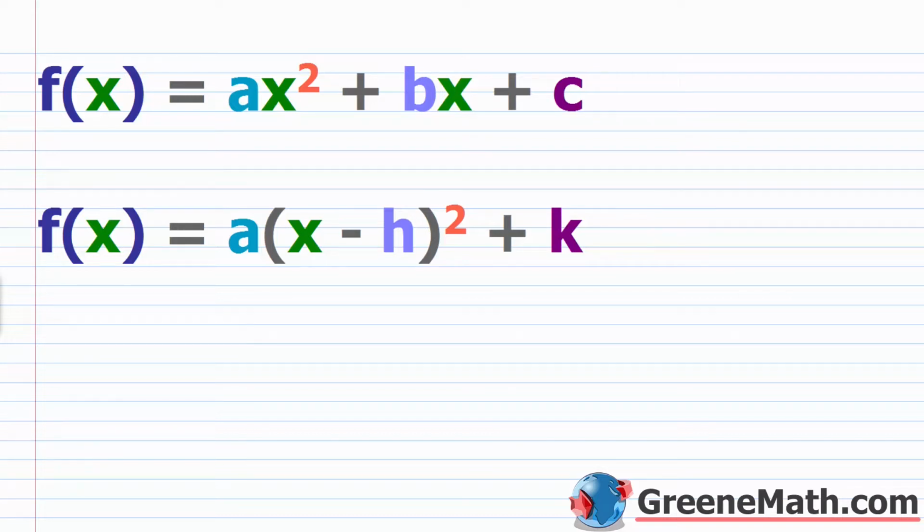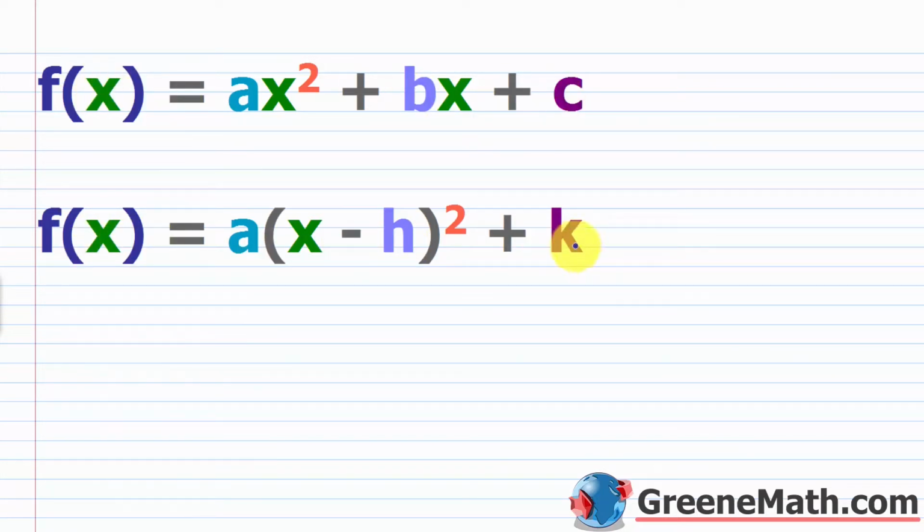For now, we need to know how to convert between this form and this form. So something like f of x equals a times x squared plus bx plus c, where a is the coefficient for x squared, b is the coefficient for x to the first power, and c is your constant term. Now, most textbooks will say this is standard form. This is going to vary based on which textbook you're using. Some textbooks will say this is standard form. So I don't want to confuse you, but I'm going to refer to this as standard form